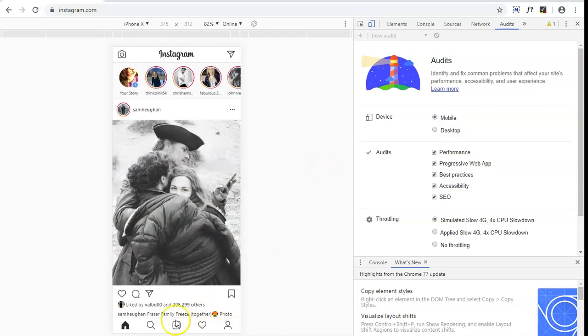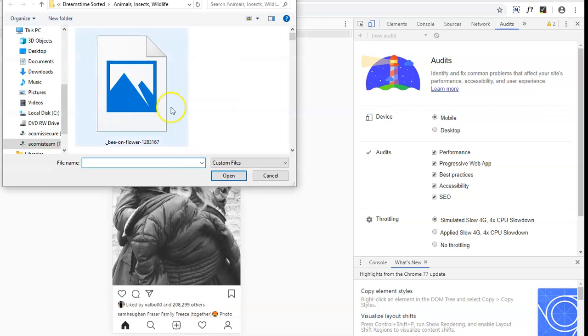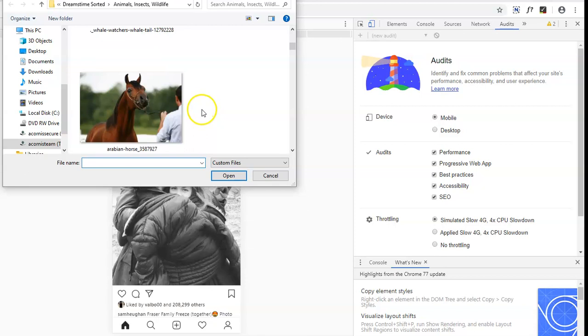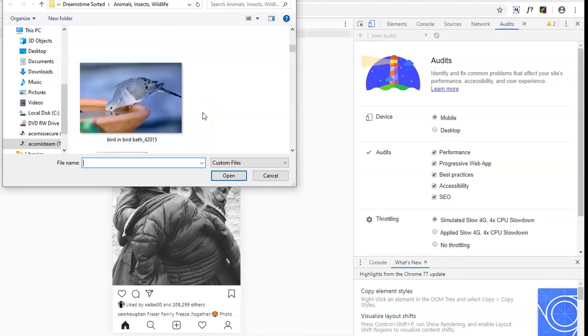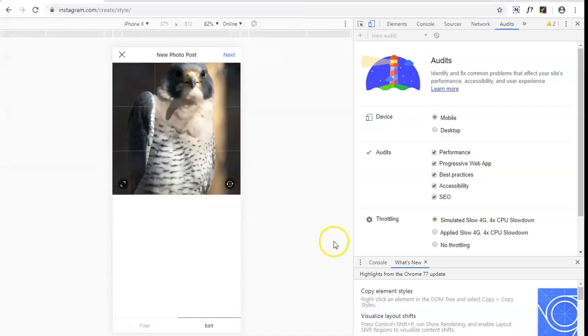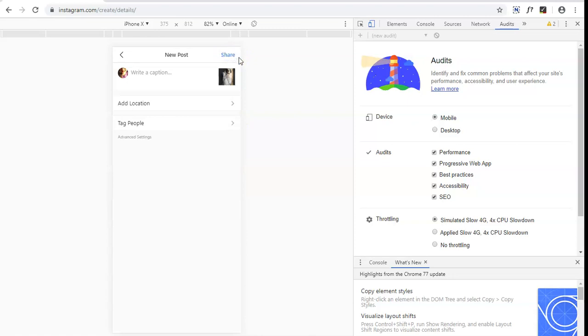And then you'll see down here your little plus button, just like you would see on your mobile device. You're going to click that, and then you'll be able to come in and choose the picture that you want to post from your hard drive. So I'm going to pick this serious looking pumpkin here. And then once you have clicked and loaded your photo, click your next button, write your caption,